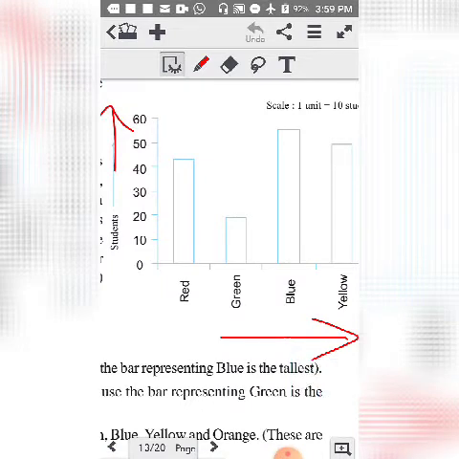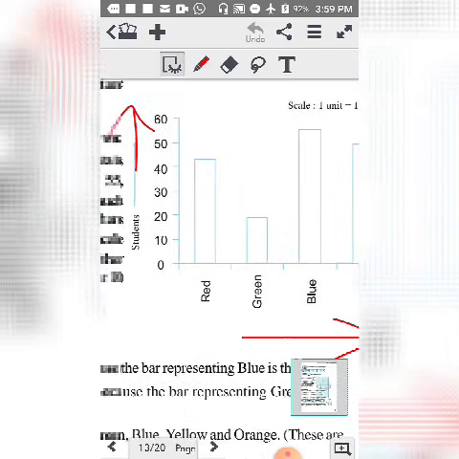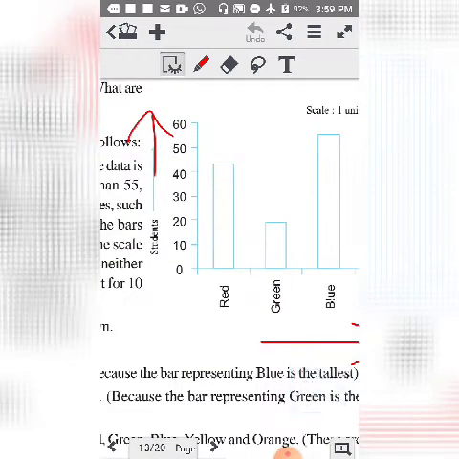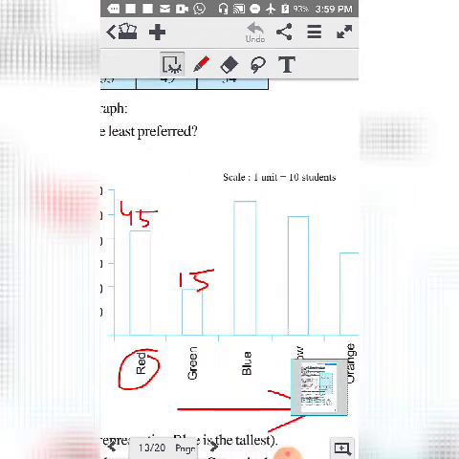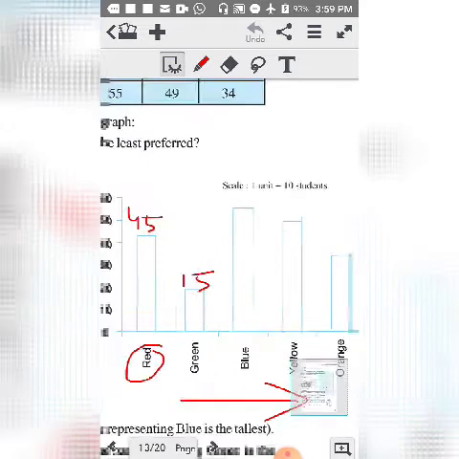After we have made the lines, now we write on the horizontal line. In this question they have written colors red, green, blue, orange, and on the vertical line they have written the number of students. So from the bar graph, that is the rectangle, it is clear that the height of this red rectangle reaches 45 roughly. We can see 40 is where, so 40 or 45, whatever number is given, accordingly we write. Then the second part is green. Green is reaching between 10 and 20, so it is roughly a number which is given. So in all the rectangles we note down and then we have to give name.